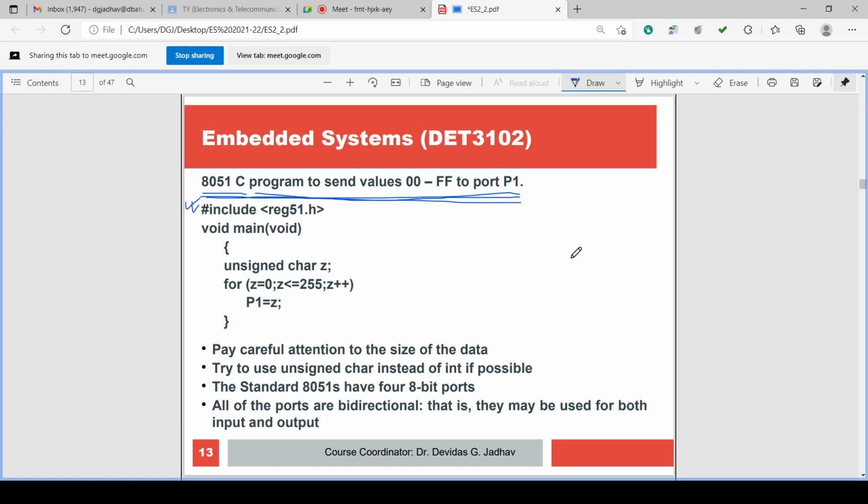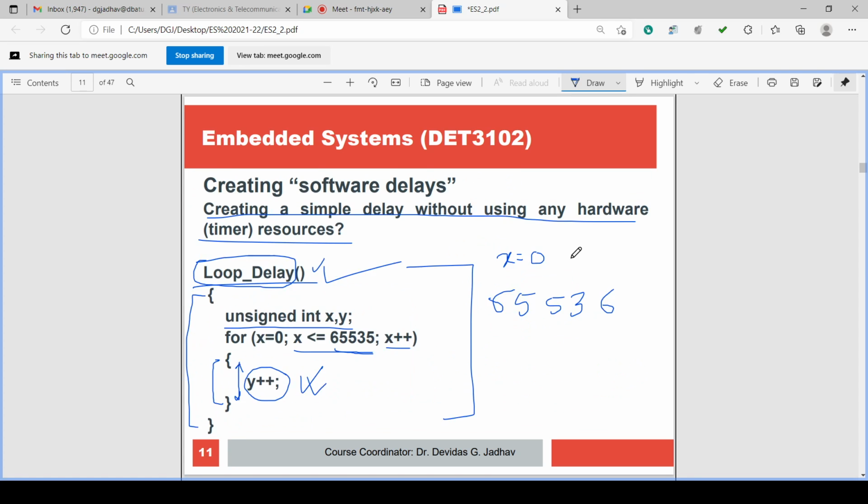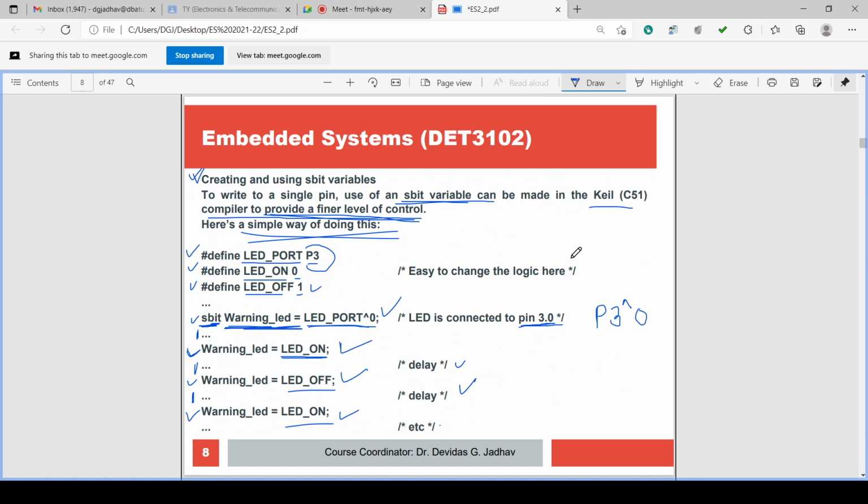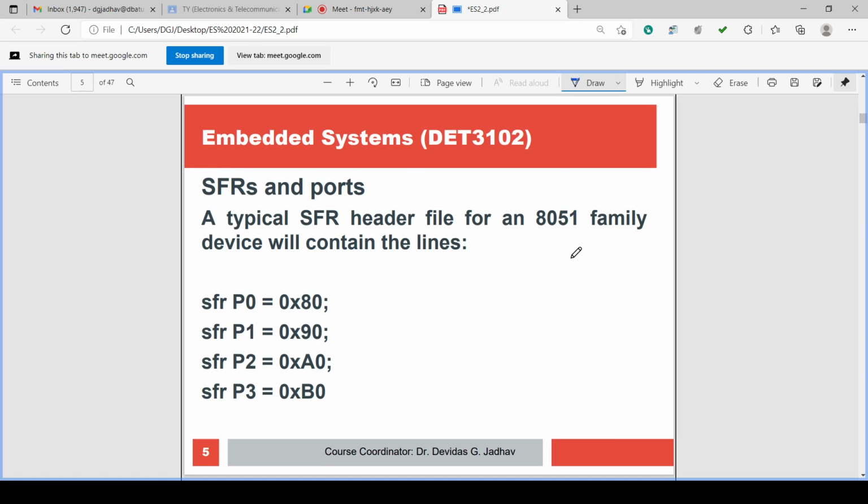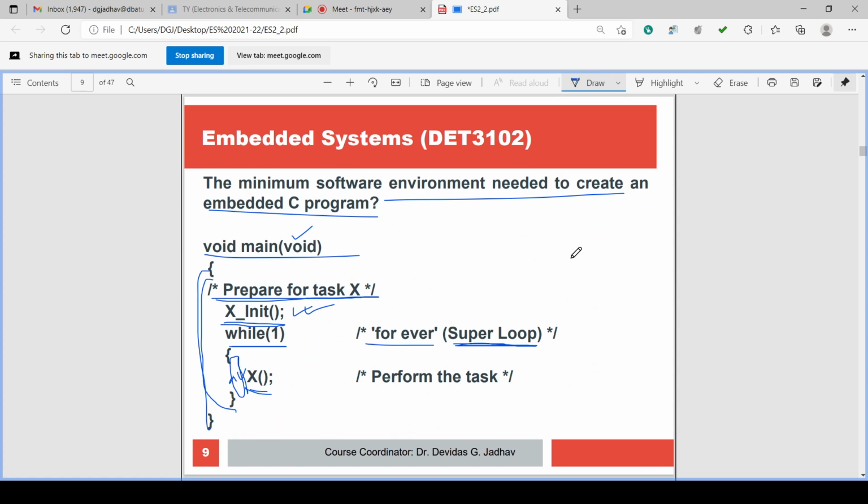This is the structure of the program, the minimum required environment, void main and the program. And we require while(1) also, because embedded programming executes infinite time, so a super loop should be there.